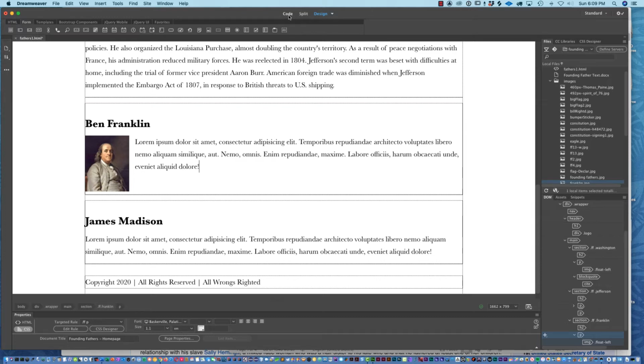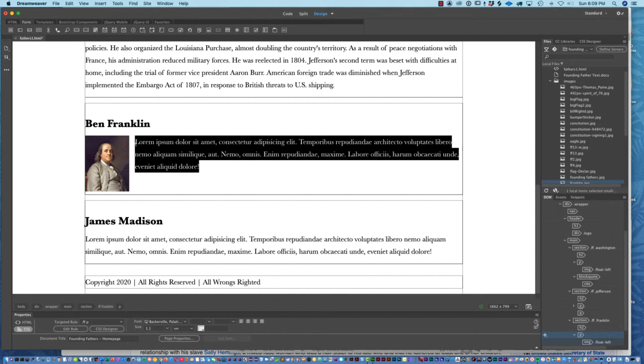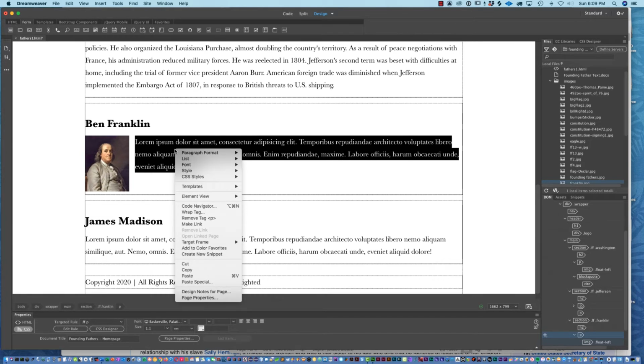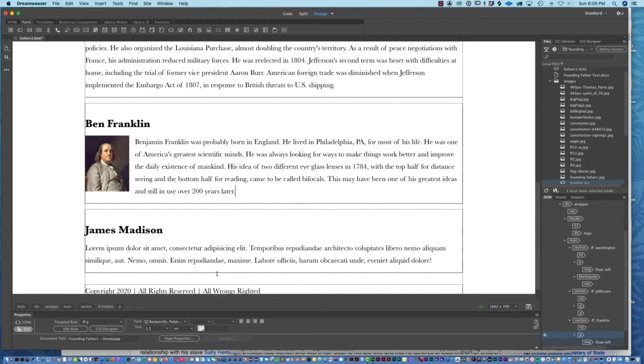So we don't necessarily have to jump to the code view in order to add text. So I can select this Latin text just visually right inside the design view, and then right click and choose paste, or go Command V,